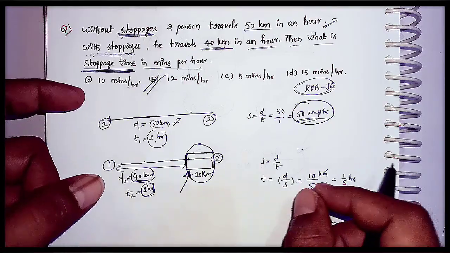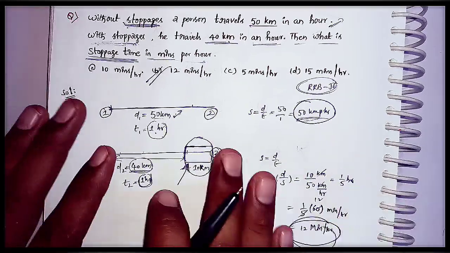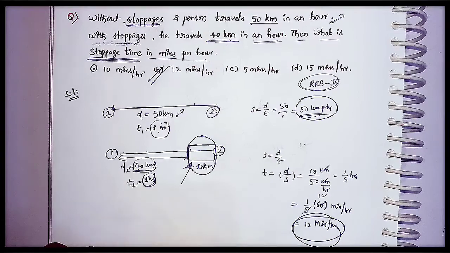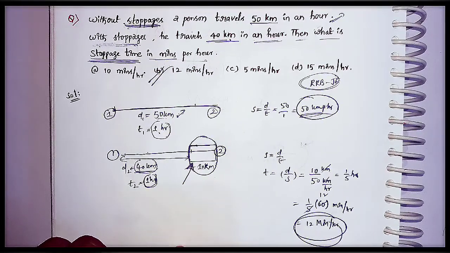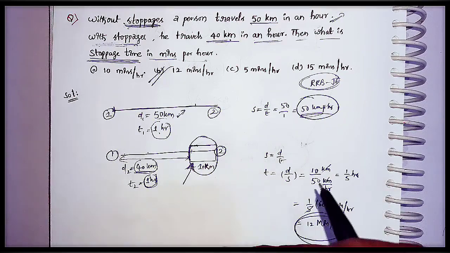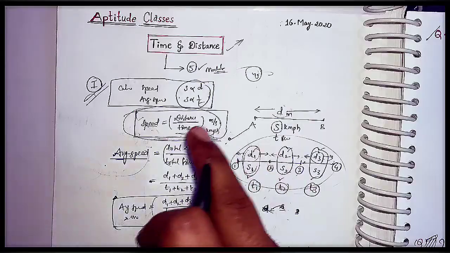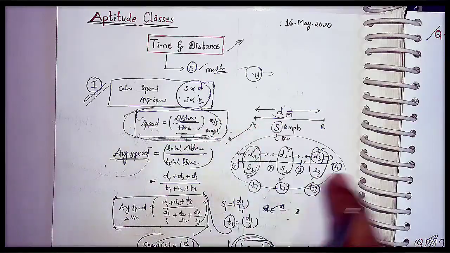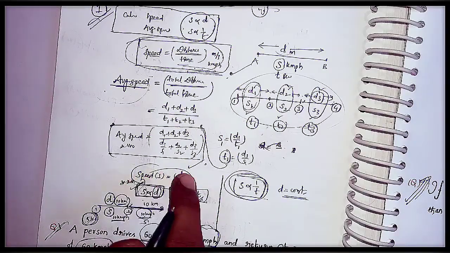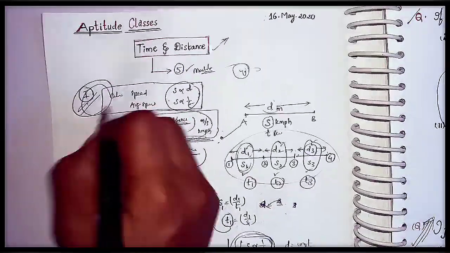In this first model, every question is like speed is distance by time, average speed is total distance by total time, like that. I covered all the types of questions in this first model, and you will get the same type of questions as whatever I covered here. I hope you got the point. These are the concepts: speed and distance, average speed, speed versus distance ratio relation, and speed versus time ratio. All we discussed in the first model.